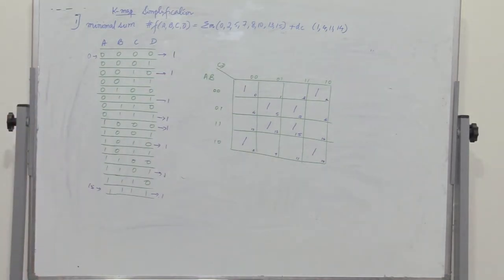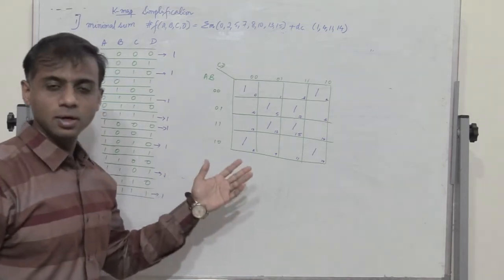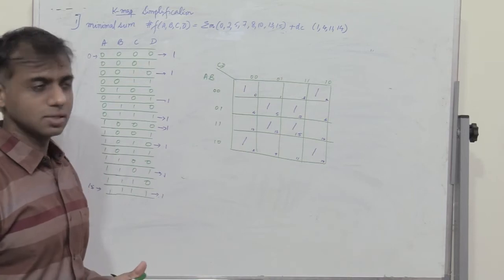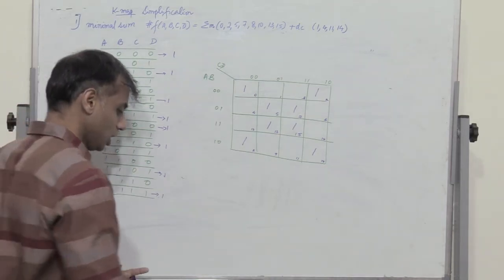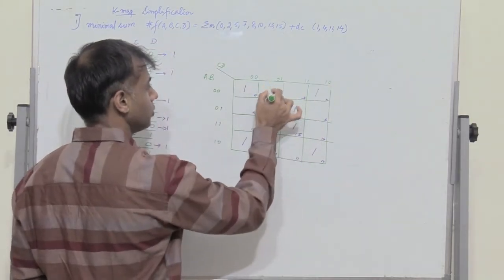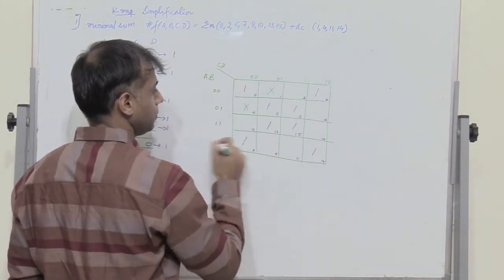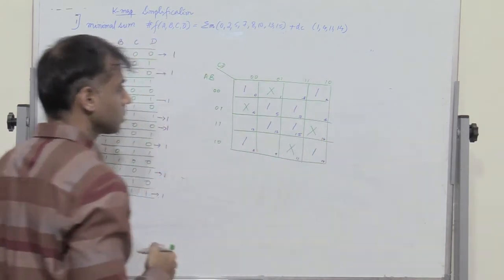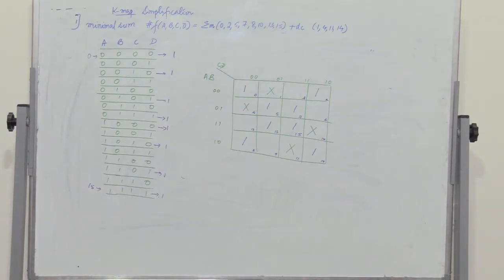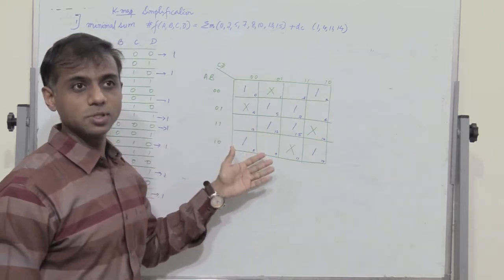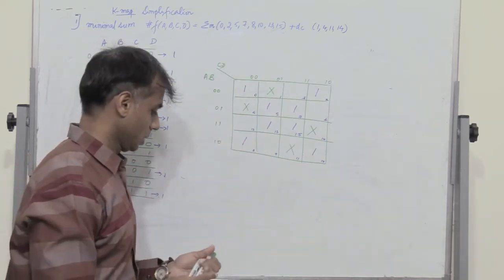And then I also have the don't care elements. So I can use the don't care elements to simplify and get the minimal expression, the minimal sum expression, the sum of products. So I will put an X in the places where I have a don't care. So I have a don't care at 1, 4, 11 and 14. So there is no rule that a don't care has to be used. So don't care can be used, which actually aids us or helps us to get the simplified expression.